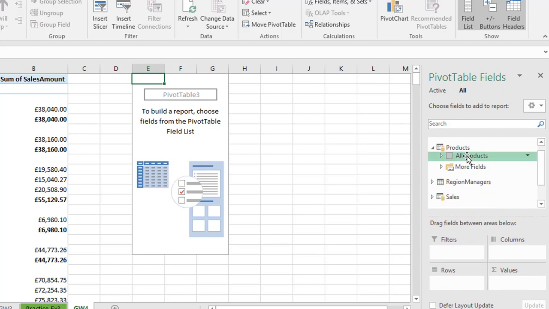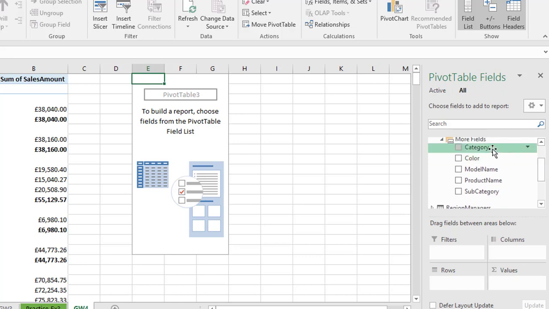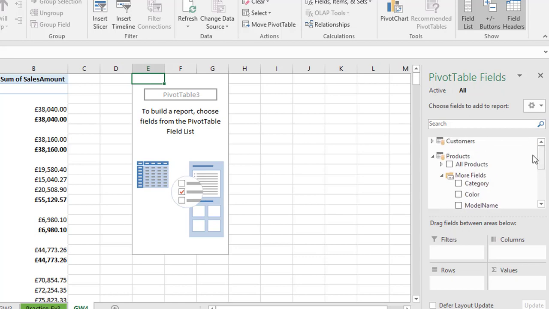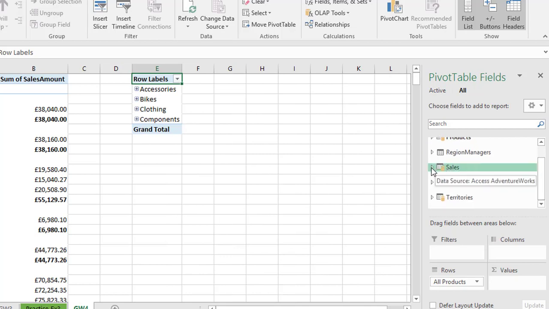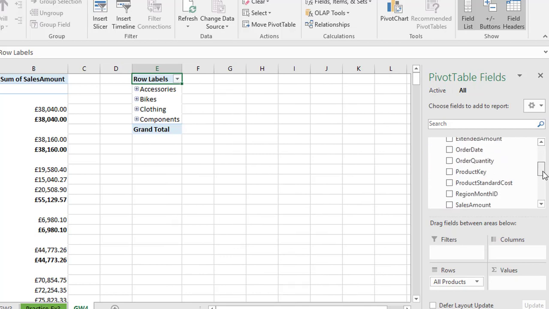All Products at the very top is our hierarchy field. If I click on the expand arrow, all of our other fields are all still there individually as well. They haven't removed themselves from the list. They're there as separate entities still, but grouped together under this hierarchy, All Products. I just click and I drag into rows. Let's just put Sales Amount from Sales as well, so we can get some context into the values